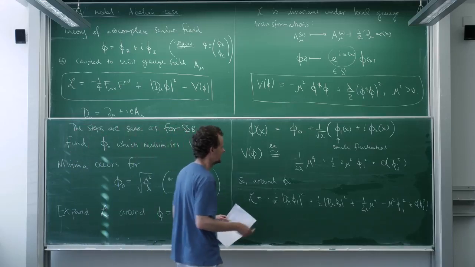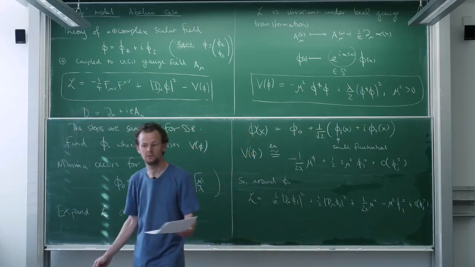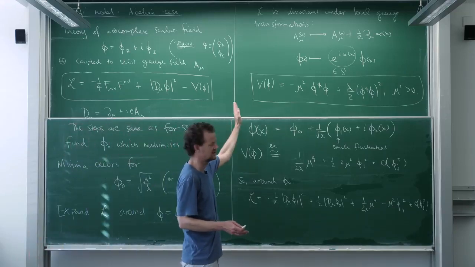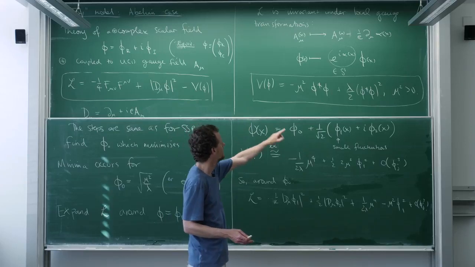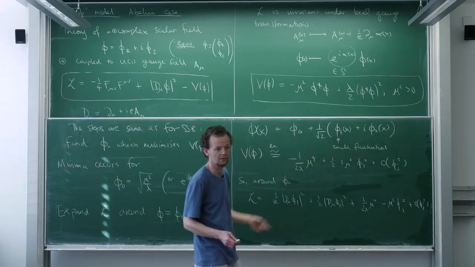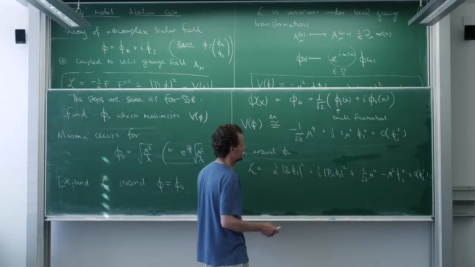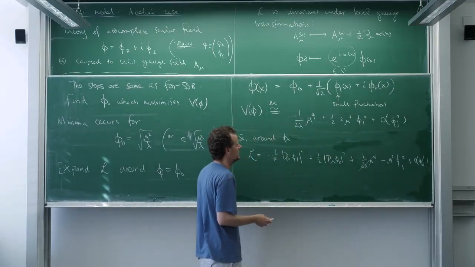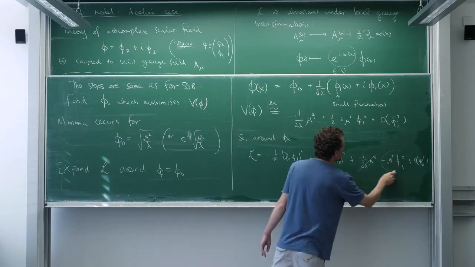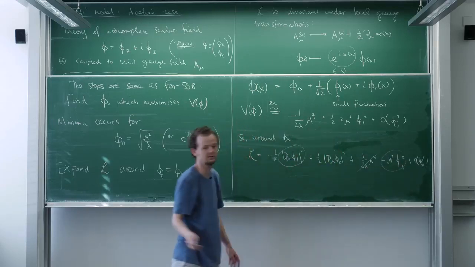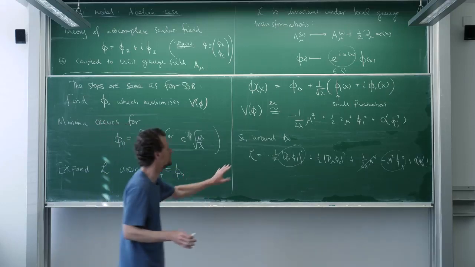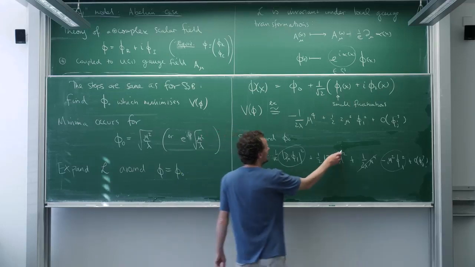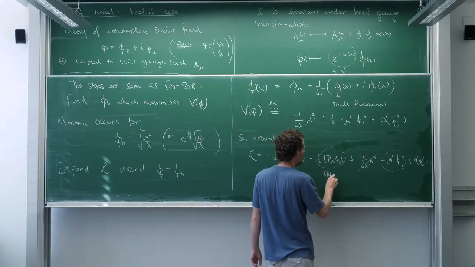So firstly, we confirm what we already knew, right? Namely, that we're going to have one massive boson and one massless boson by Goldstone's theorem. And which one is the massless and which one is the massive? Well, you just look at this equation here. That's a constant, so it's gone. And we see that this particular fluctuation, the real fluctuation, has a mass. There's an effective mass now for this fluctuation, given with mass mu squared. And this guy here is massless, effectively massless.